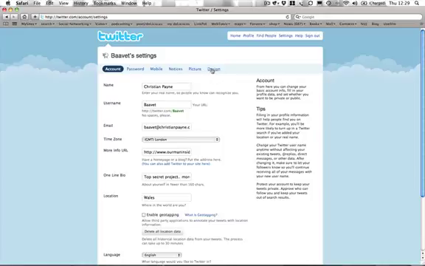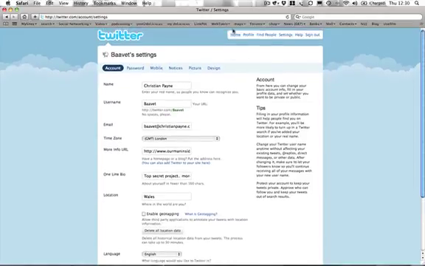So here we go. We've got up here, if you want to change your password, if you want to enable your mobile phone, you want to tick boxes for who you do and don't want notices from, you want to change your picture, your avatar, or you want to change the design on the background. It's all there and easy to find.